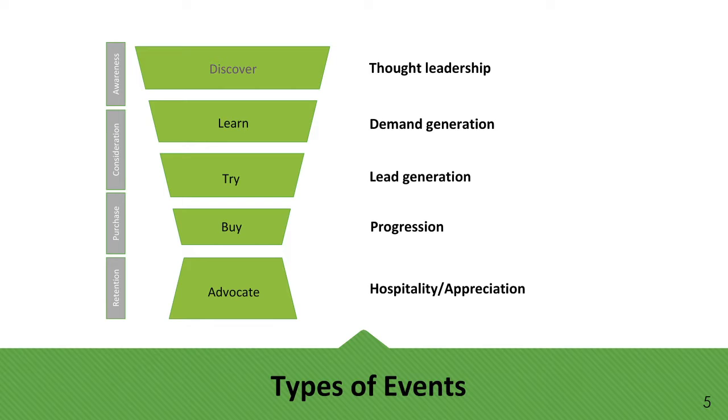Next, those lead generating events. So demand gen is actually telling people you have a solution to their problem, creating demand for your product or solution. Lead generation is finding those people. Now, the people have said, I am interested in yours, and I'm going to hand over my contact information, because you remember that a lead is someone giving you their contact information in exchange for value. So now we're in the try phase where they are getting something back for giving you their contact info.